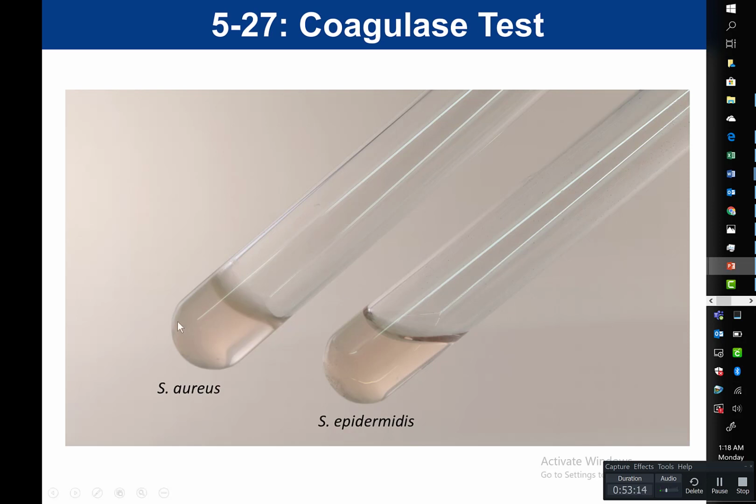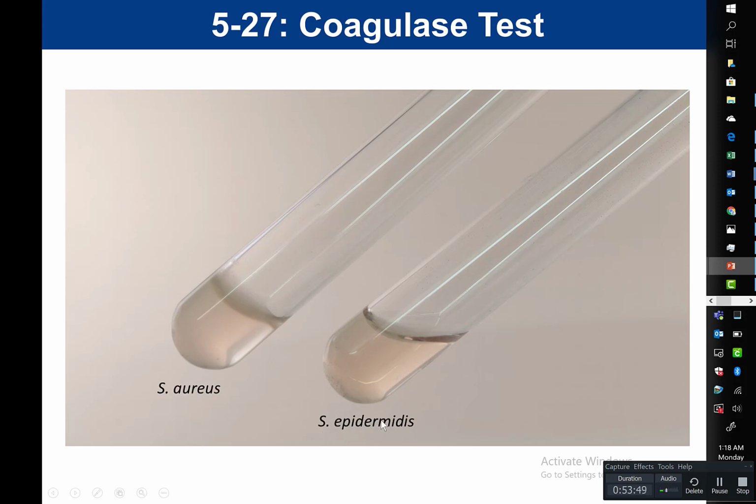So this is the result for a pure Staph aureus culture, one that we inoculated with Staph aureus. And you can see that when we turn the tube on its side, the liquid doesn't move, and that's because it's no longer liquid. Staph aureus is present. It produces coagulase. The coagulase is taking that fibrinogen that was in the rabbit plasma, and it's producing that fibrin clot. And that fibrin clot is now a solid. This is what Staph aureus would look like.